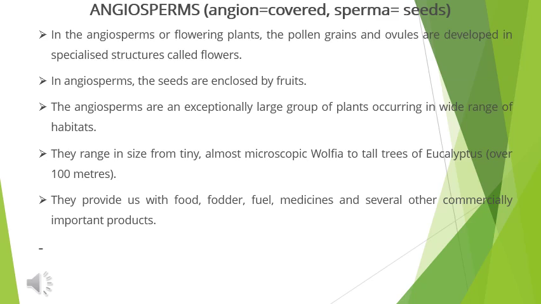So angiosperm consists of two words, angion and sperma. Angion means covered and sperma means seeds. So these are the flowering plants in which the seeds are covered by the fruits, or you can say the seeds are enclosed by the fruits. So these are the plants that have a special structure, that is flower, in which the reproductive organ of the